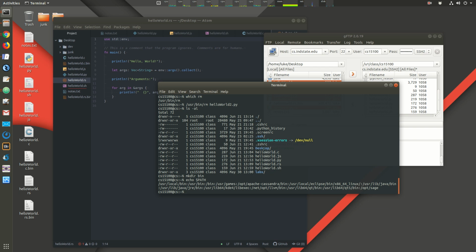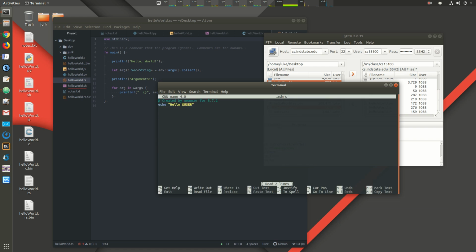Okay, so this is where it gets a little tricky. We have changed our shell to Z shell, and there's a file in here called .zshrc. The dot makes it hidden. ZSH stands for Z shell, and RC stands for run command. Every time you log into the system, this Z shell script executes. Okay, so if I look at that in nano .zshrc,